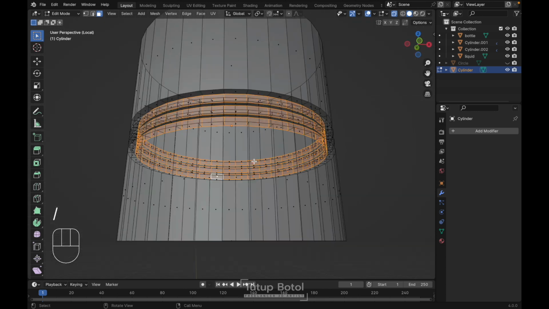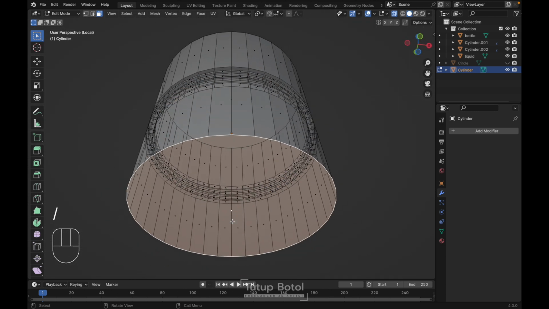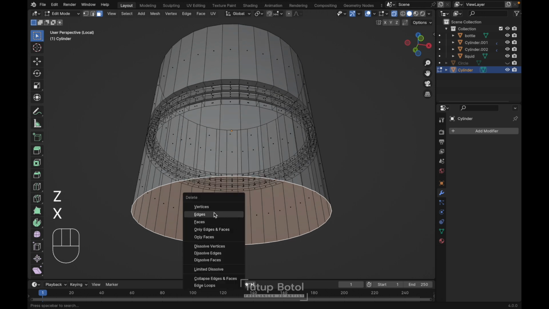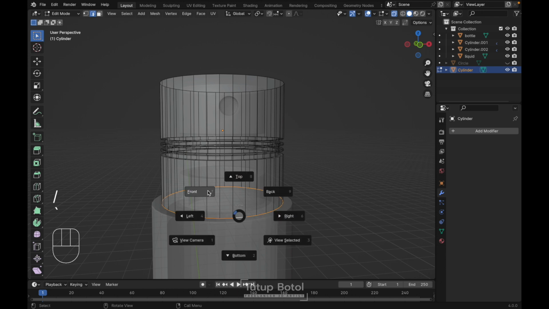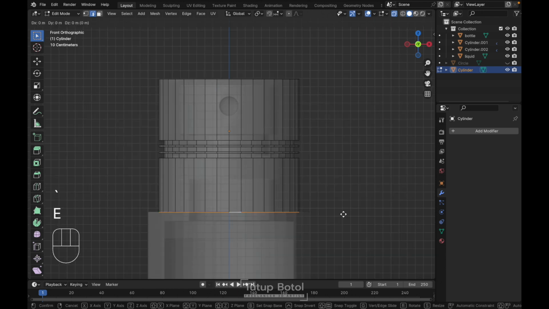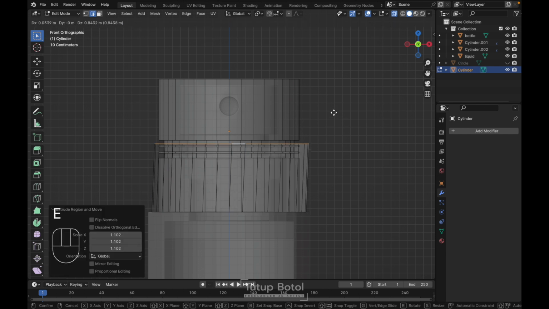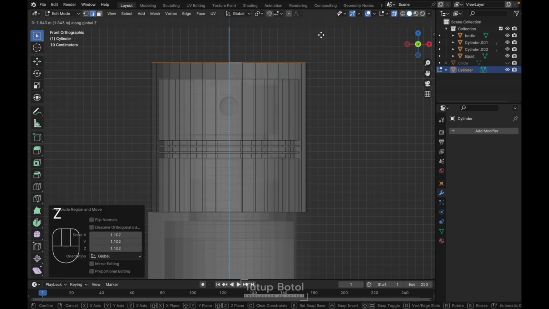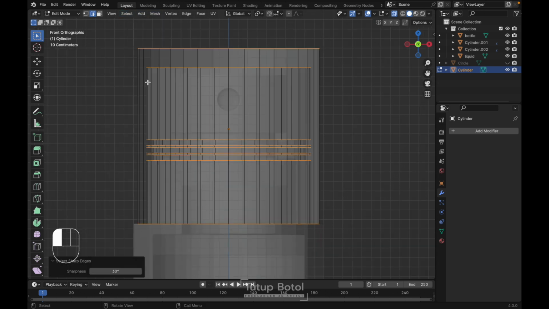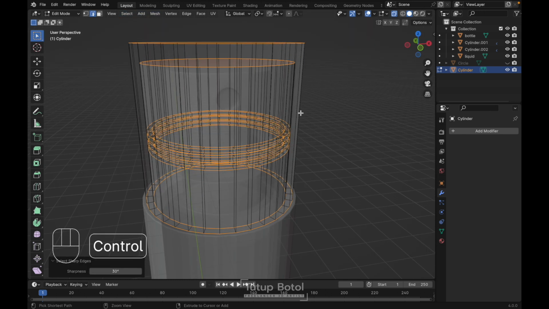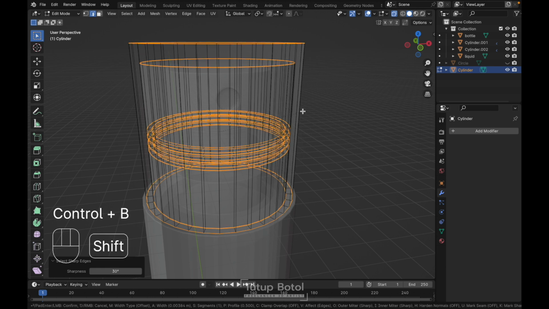press slash on your keyboard, select this face at the bottom, press X, delete the face, press 2 on your keyboard, change it to the edge mode, press slash again, select this edge, go to front view, press E to extrude, press S to scale it, just like this, E again, extrude on the Z axis, just like this, and press F to fill, go to Select, Sharp Edges, press Ctrl B, bevel it just a little bit,